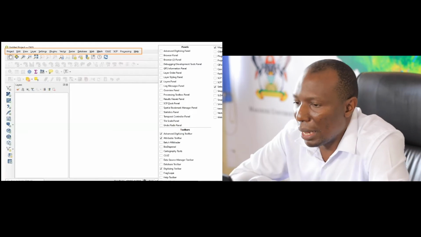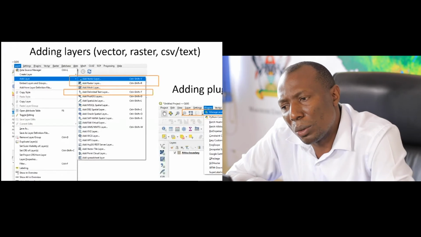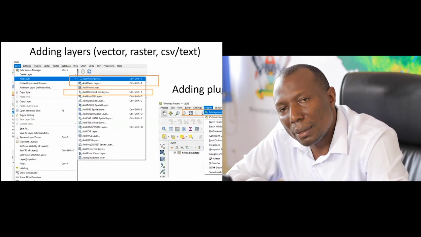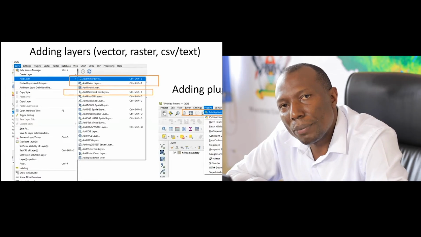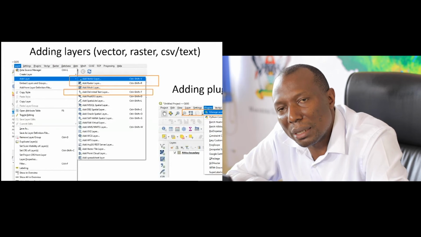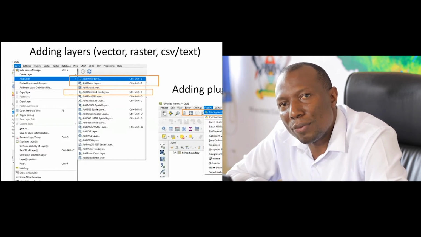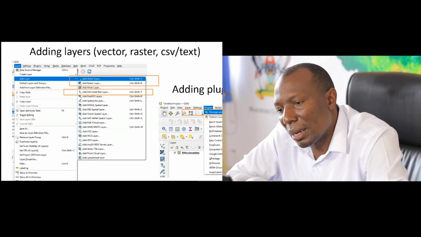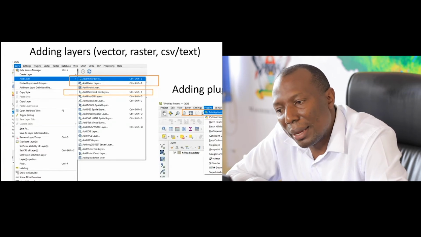That's how it's designed. Now, in addition to adding layers, like I said, for us to call data sets, I'm imagining you have downloaded data sets from the folder that we shared. It has Africa data sets. Those data sets are for you to use, but if you don't have those data sets, if you're an advanced user or intermediate, I would imagine you have some bit of shape files on your desktop. How do you bring these data sets? We'll go to add layer, vector layer,